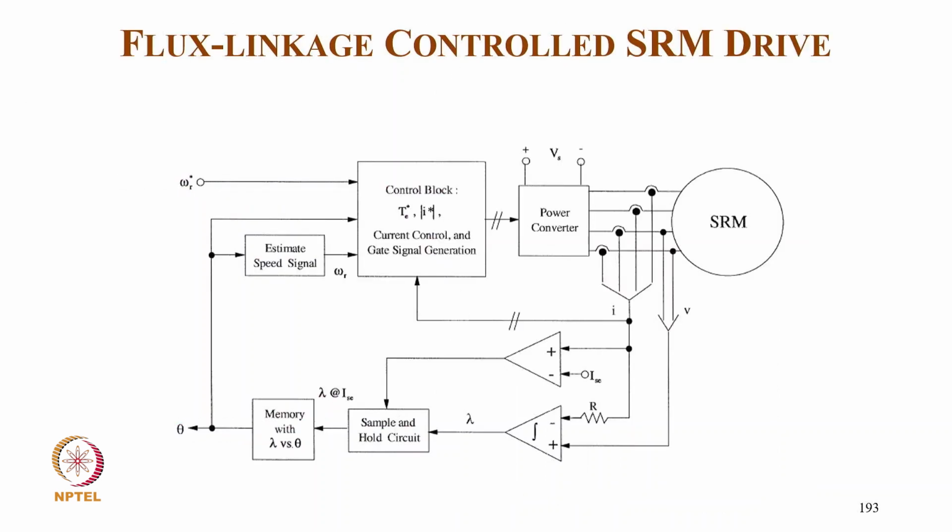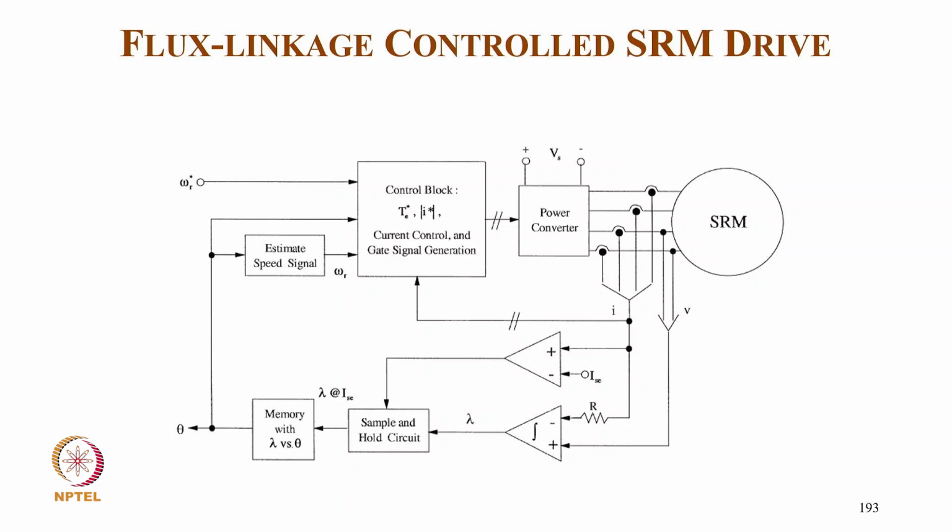Now coming to flux linkage control of SRM, we have a reference speed, a sensed voltage, and a sensed current. From this we typically get the flux by integration, then from the sample lambda and sample load we get lambda given a current, and then we get a memory with the lambda-theta characteristic, from which we get the position, and then with the reference speed, we estimate position and speed, and go to the control block for estimating the torque reference, current